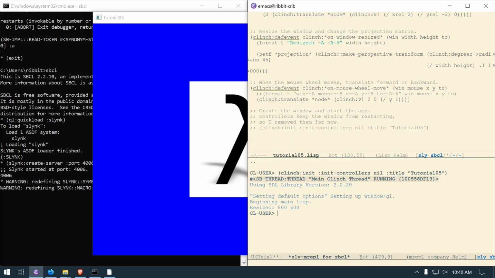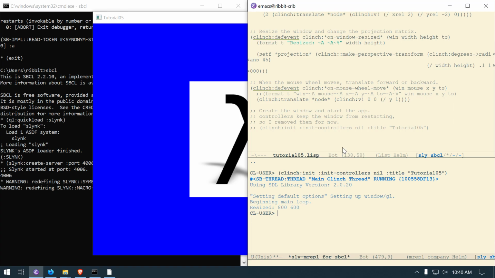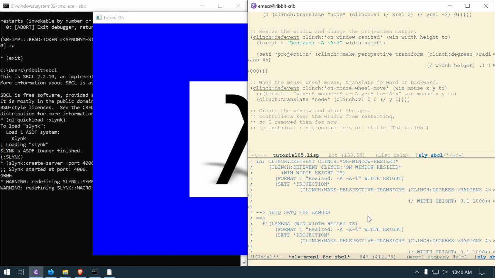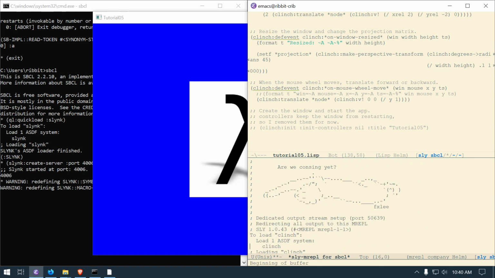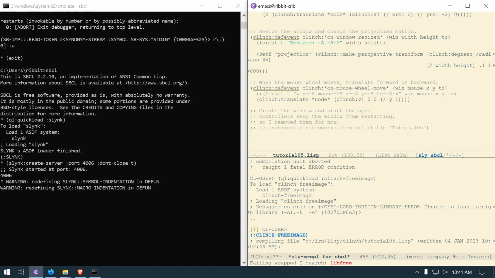And I'm not going to mess with that. I don't know how to do anything with this library yet. I was just going through this tutorial. Anyway, I wanted to show how to get past that error I had earlier, which I probably can't see anymore. Libfree. Yeah, because I restarted it. Anyway,